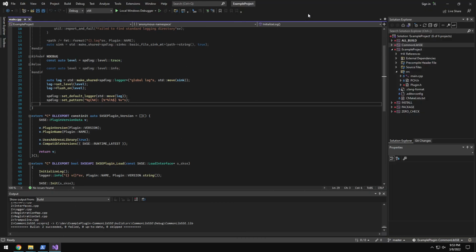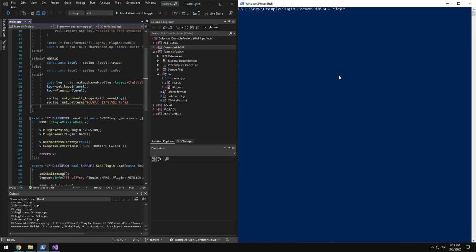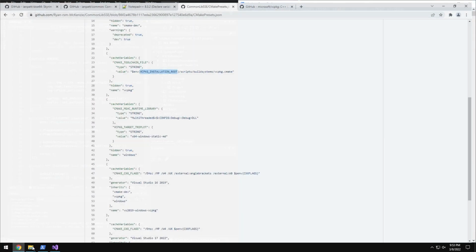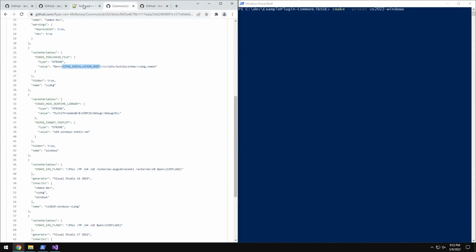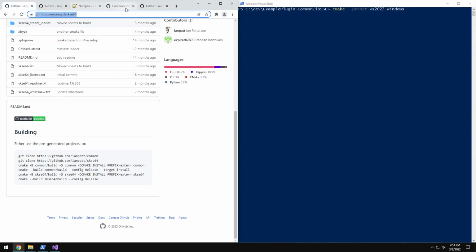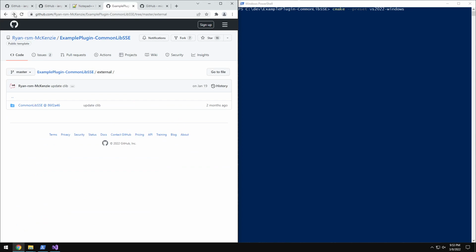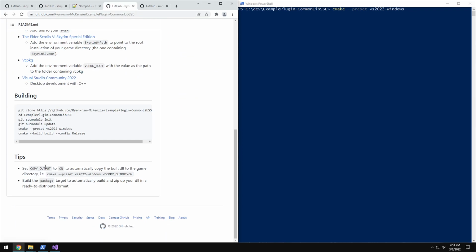So now that that is built, we also want to do one more thing. We're gonna check the README for this project. Not this project. We lost the project. Go back. Example plugin. Yes, copy output. Okay, so we want to go back to the generator step. This CMake preset. I'm going to do D copy